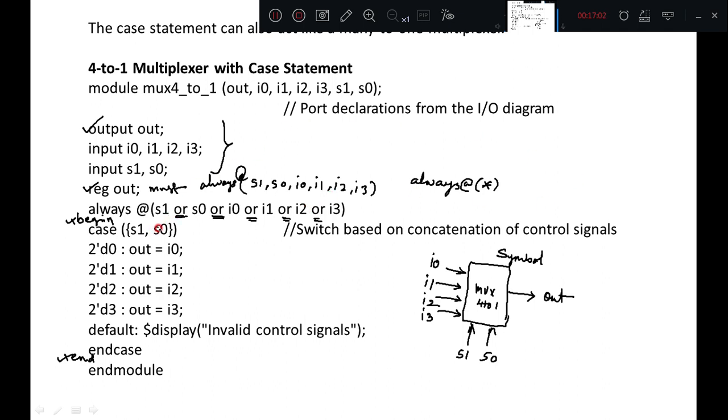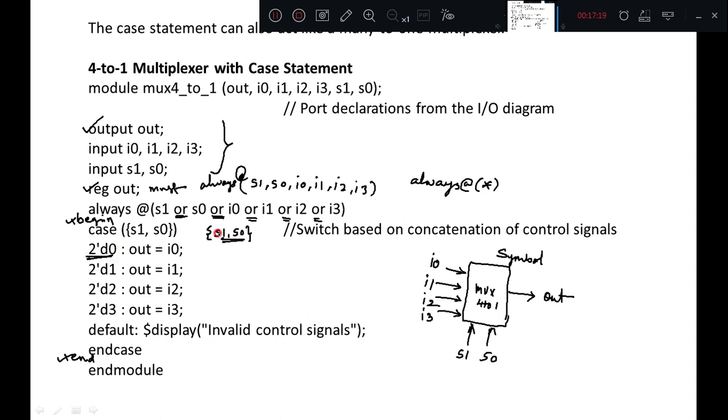Then since S1 and S0 are two independent 1-bit values, we are using the concatenation operator. So we perform concatenation of S1 comma S0, and the concatenated value we are writing here in decimal.